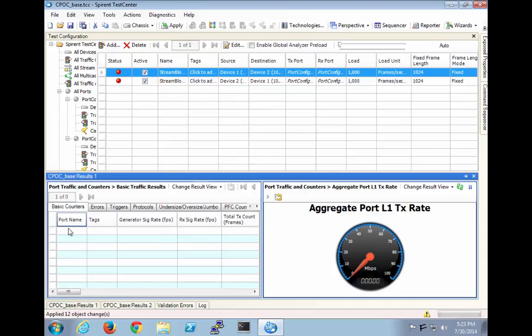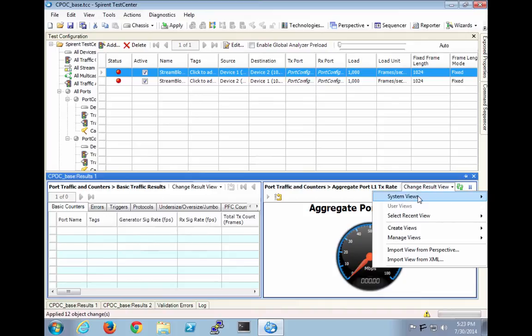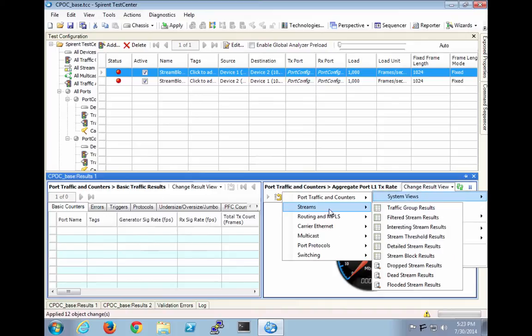So if these were real ports, then you would have this stream over here, and it would say that you're sending 1000 frames per second, and the other one would be sending 1000 frames per second. And if this one had that it was receiving 1000 frames per second, it's because this one was sending. We'll do that in another one. Right now, all we're doing is just setting it up the way that we want to have our base TCC file. So on this other side of the screen, we're going to go to detailed stream results, and